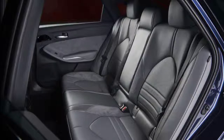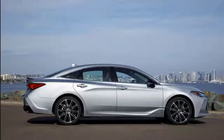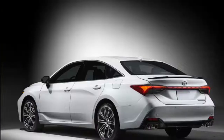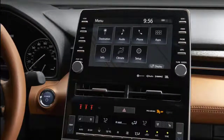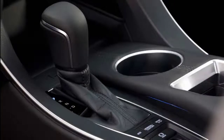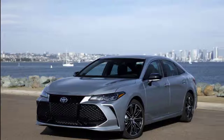Unlike luxury brands, Toyota doesn't make available many spend-up options outside of the Avalon's trim levels: luxury-minded XLE and Limited, or sport-sided XSE and Touring. We rate the Avalon an 8 for features. Fully loaded Avalon Touring models cost $43,095 and offer premium audio from JBL, navigation, synthetic leather upholstery with suede inserts, a heated steering wheel, heated and cooled front seats, heated rear seats, a head-up display, 19-inch wheels, and adaptive dampers. It's a luxury car without the badge or the inflated price, but we stop short of making it our best